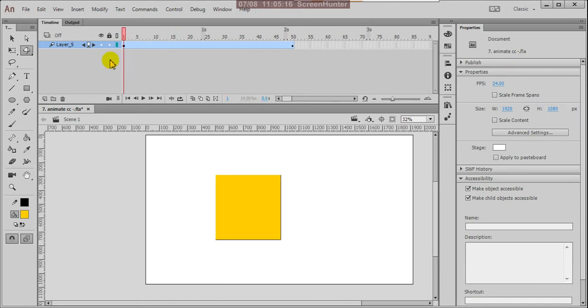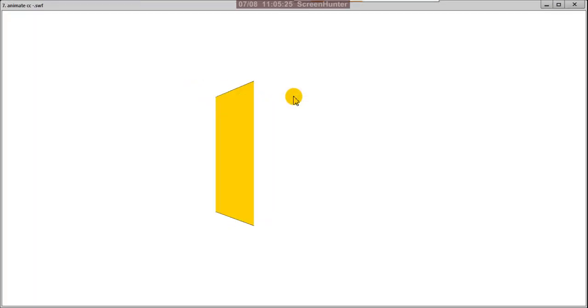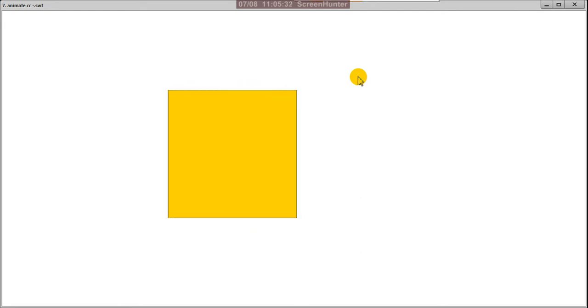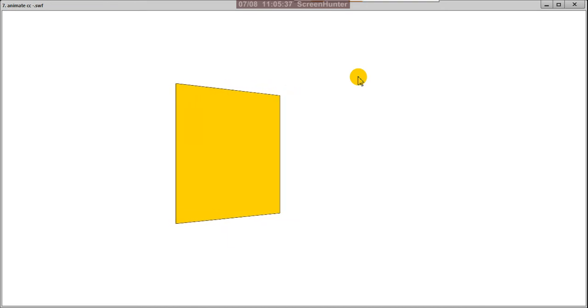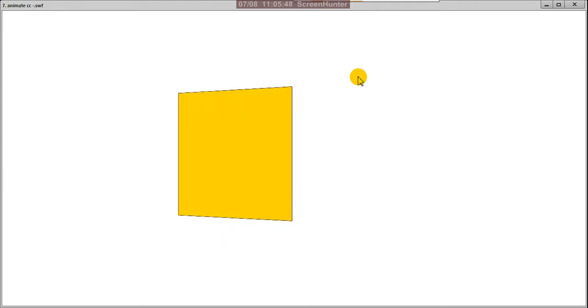When you press Control Enter, you will understand. Nicely it is giving the complete rotation to that shape.